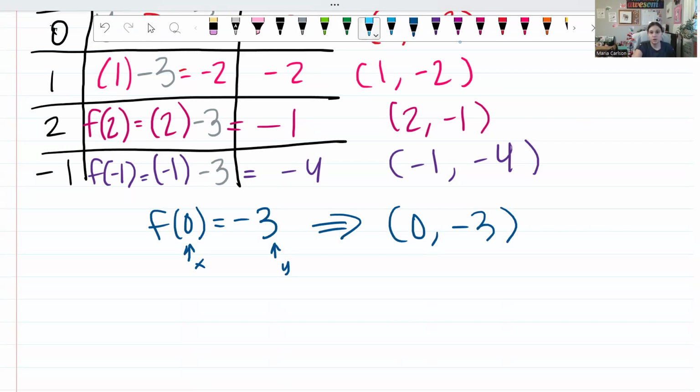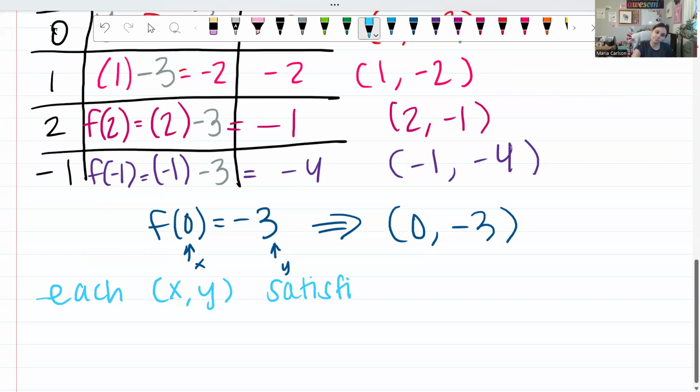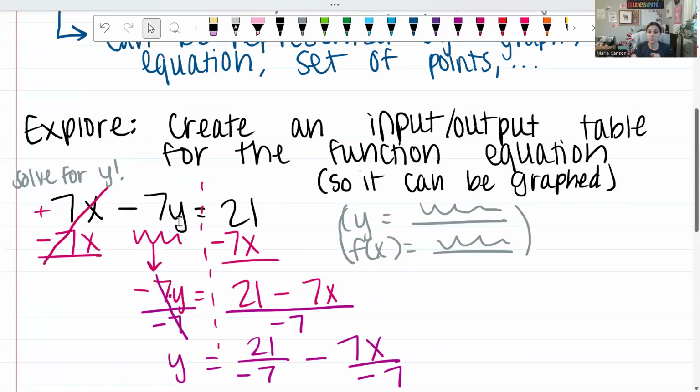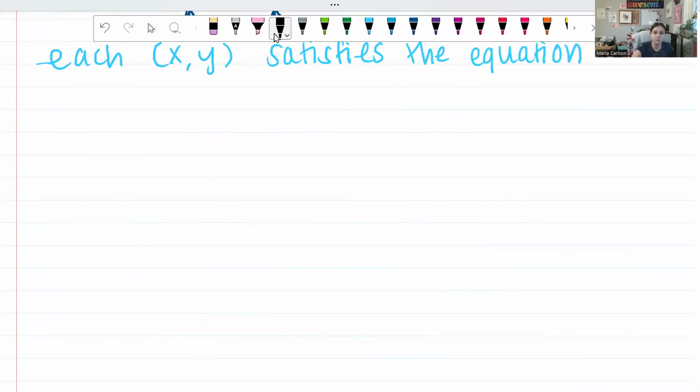And I also want you to note that each x, y value satisfies the equation. So that means if I take the x value of 0 and the y value of -3 and I substitute them into our original equation, remember our original equation was 7x minus 7y equals 21. So if I let x equal 0,